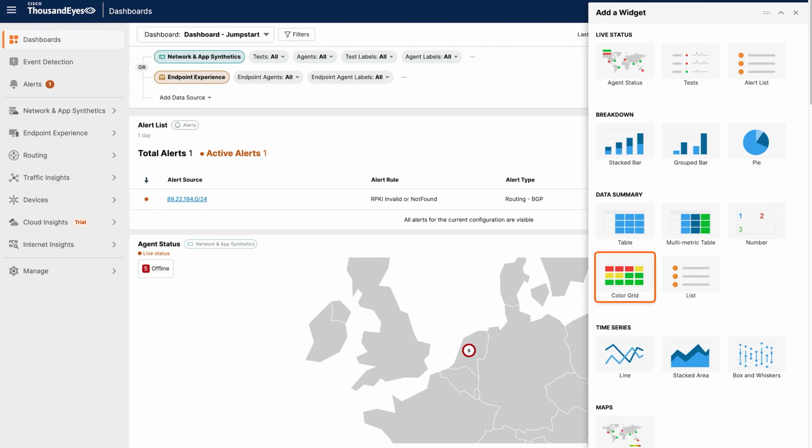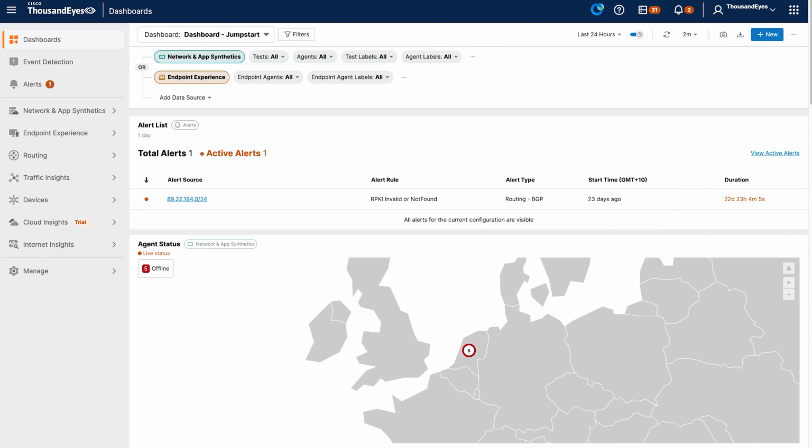The Color Grid widget presents an array of cards, with each card's color based on a predefined performance scale. For example, you could display HTTP server availability across multiple agents, with colors indicating normal or degraded performance at a glance. Click New,